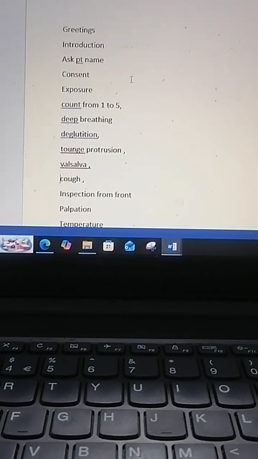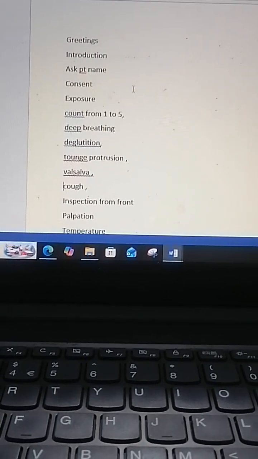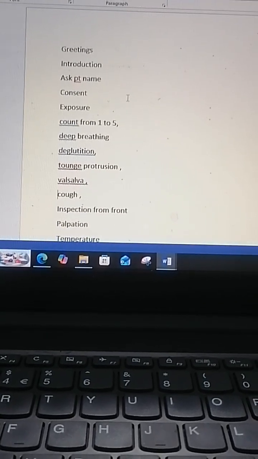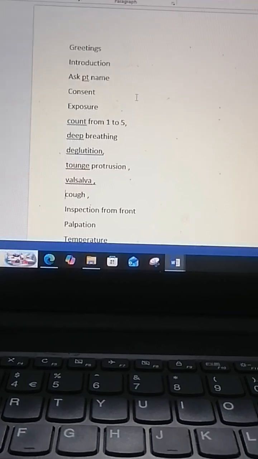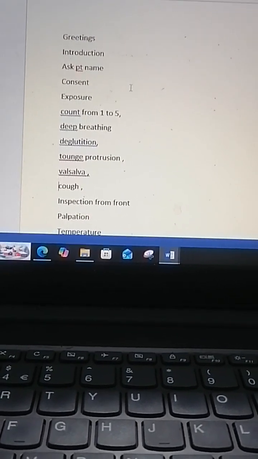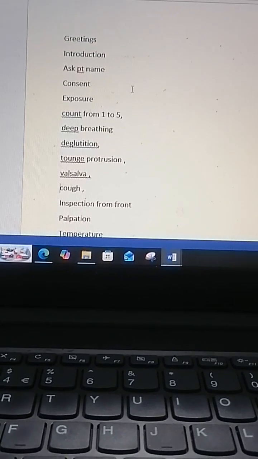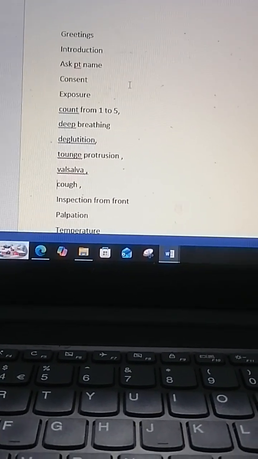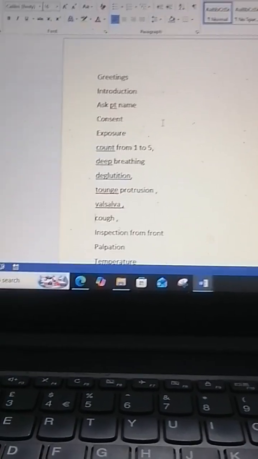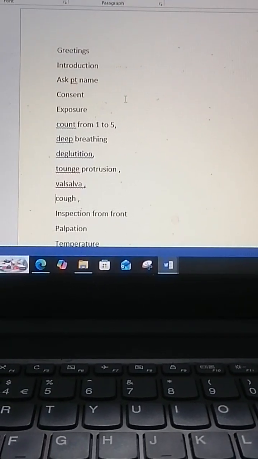Today we will discuss thyroid examination steps. If the examiner commands you to examine the thyroid, you will approach the patient by greeting, and then you will introduce yourself, tell the patient your name, and then ask the patient's name, and then take consent to examine the throat